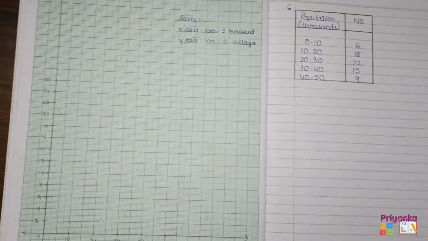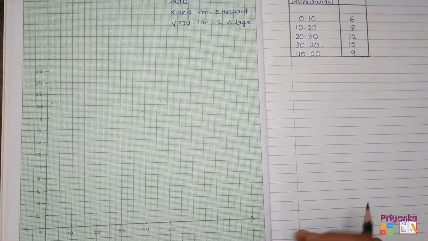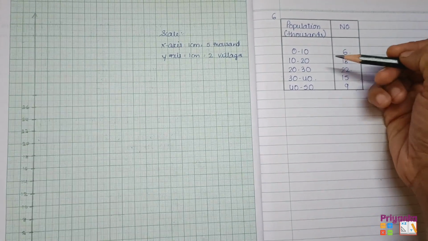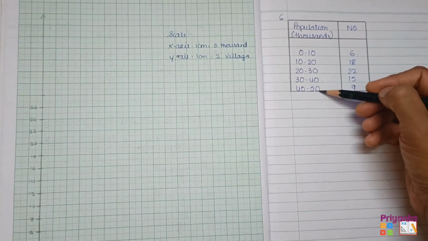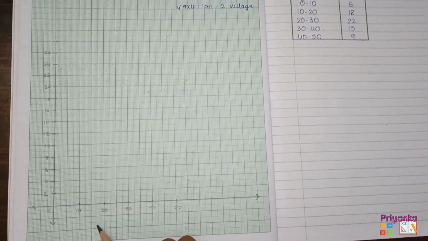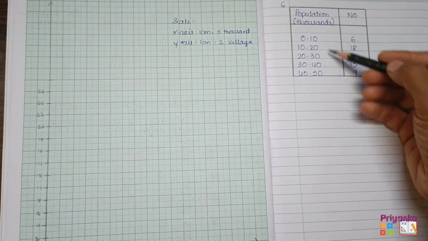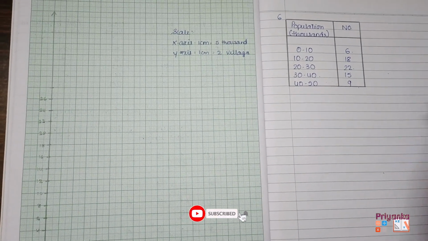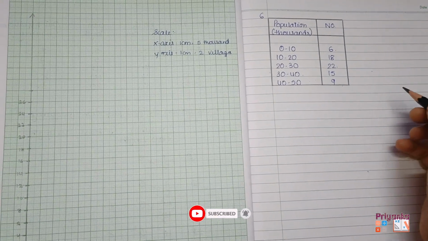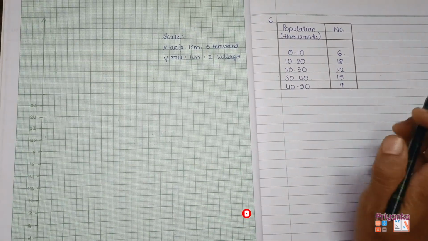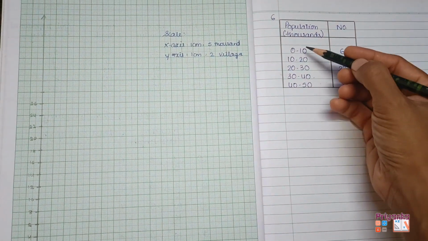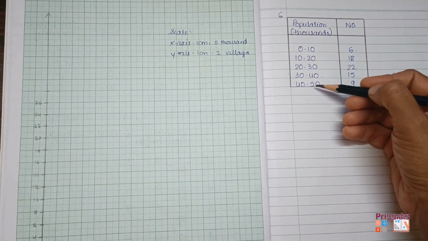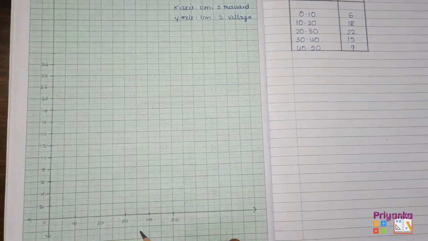So now, hold your scale and pencil. The first class we can see is 0 to 10. As I already showed you about the graph, if the class length is normal, we can directly start with the graph. अगर ये class length normal नहीं हो, तो if you remember, we have to make a calculation: frequency divided by class length multiplied by the least number of class length. वो फॉर्मूला आपको तब यूज़ करना है जब क्लास लेंथ इक्वल या नॉर्मल ना हो. यहाँ पे आप देख सकते हो सारे क्लास लेंथ इक्वल हैं. सो डायरेक्टली we can use the graph.